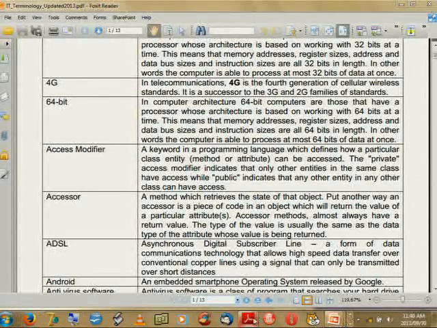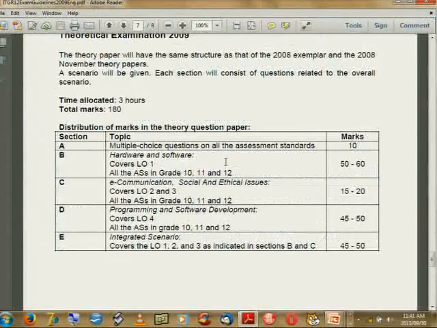Then some other concept I want to show you is the layout of the theory paper in general. You have a section A, B, C, D, and E, normally with your multiple choice questions. As you can see on the right-hand side, the marks are clearly displayed, more or less what the marks will be counting on. These guidelines are also available to the learners in grade 12, and I want you learners to make sure that the teachers assist you to get these notes in hand, so that you can prepare very well for the exam and feel you are covered.